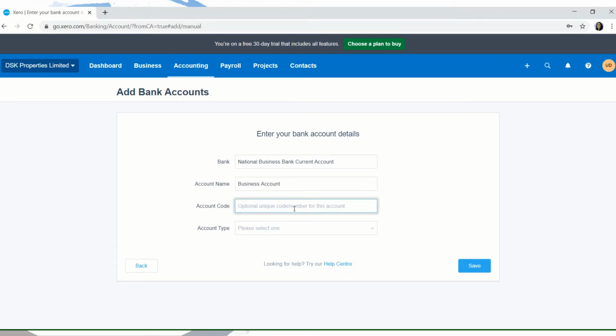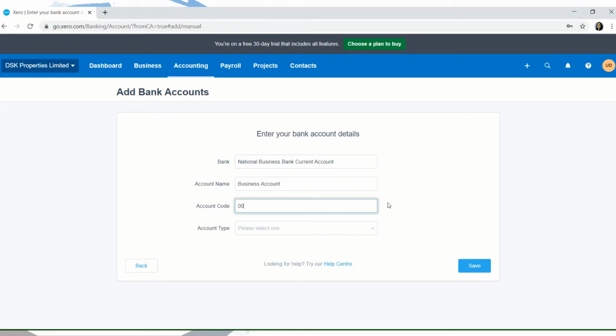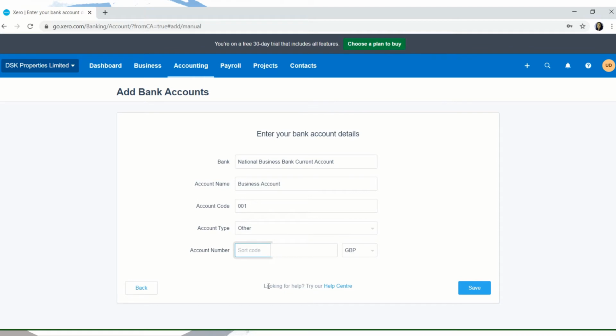Account code. So if you go on your course book, the account code we must be using is 001. Account type, just say other. Sort code 123456. So you know this is not a real bank.